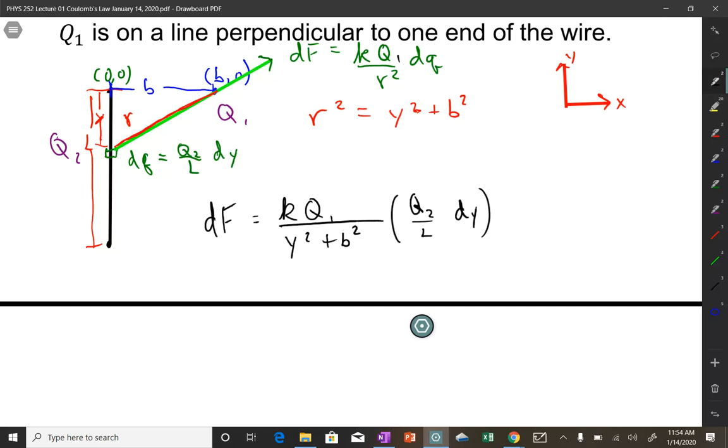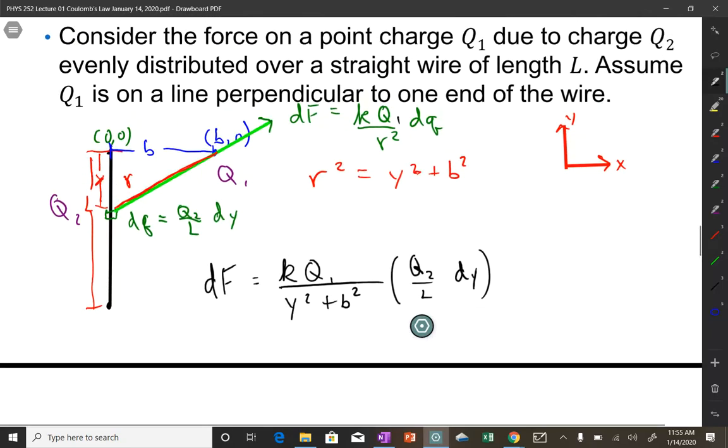How do you know which one is Q1 and Q2? Because the problem told me that Q1 is the point mass and Q2 is the charge on the line. I know you can't see the rest of the problem right now. Here, let me scroll down. The problem told me point charge Q1 due to charge Q2 equally distributed over a straight line. So that's how I know which one's which. At this point you see Q1 is multiplied by Q2, and it wouldn't matter if I had them reversed,